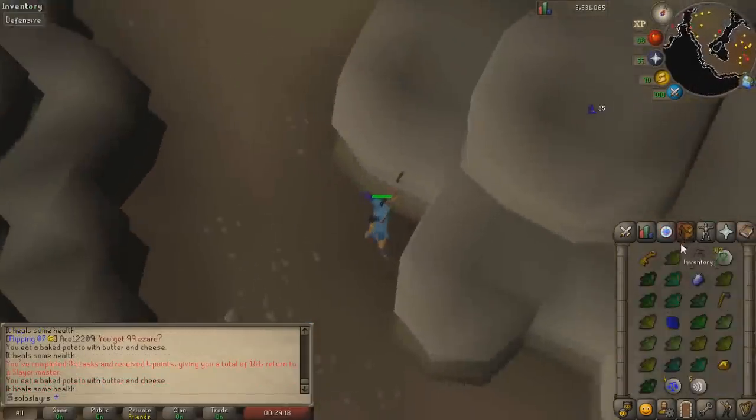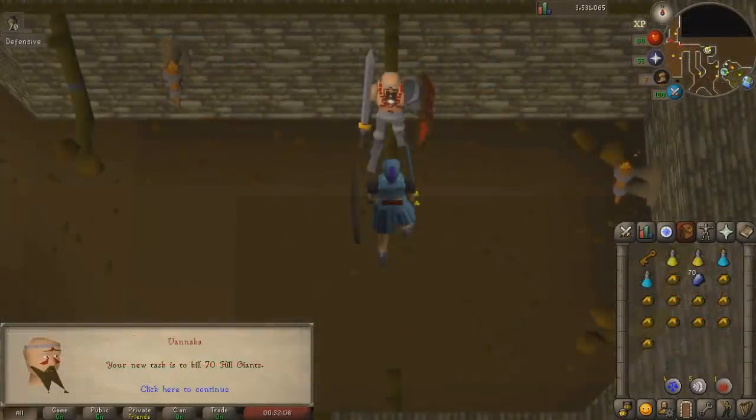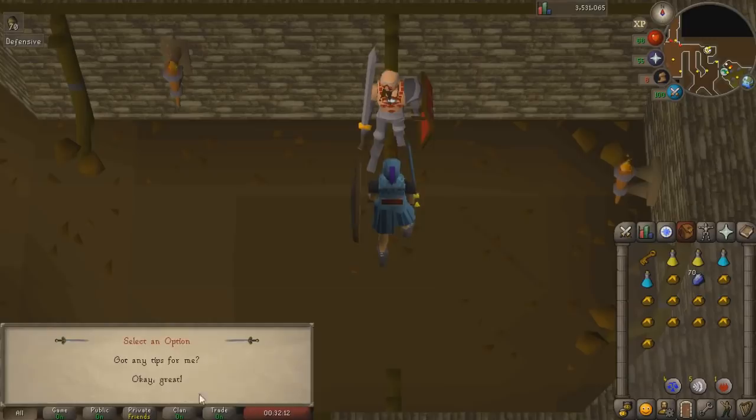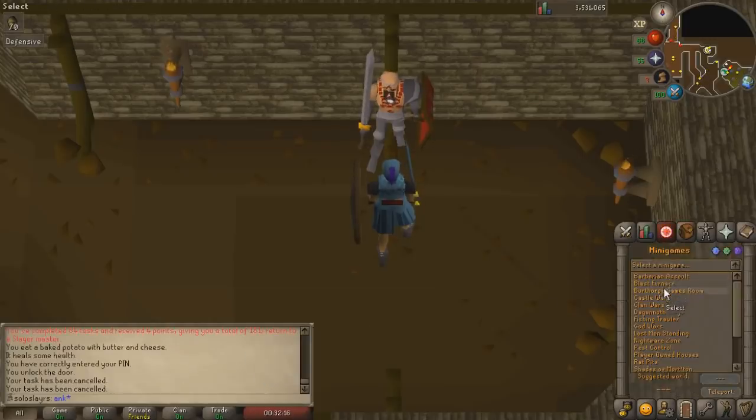They're actually a good task to do because they do drop a piece of mystic. Unfortunately, we didn't get it. Alright, there we go, guys. 70 hill giants, that's awesome. We get another chance at getting an upgraded defender. Currently, we're on the steel defender, so hopefully we can at least get the black defender from 70 hill giant